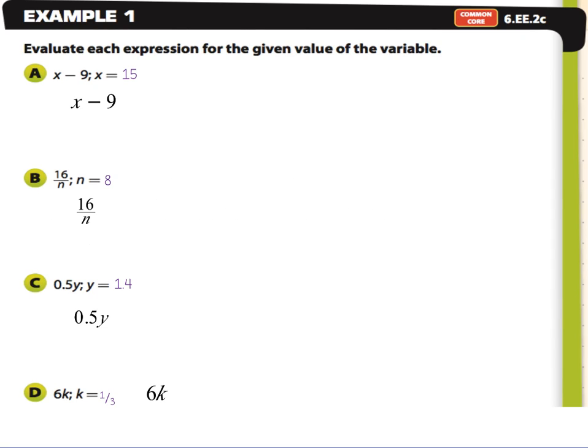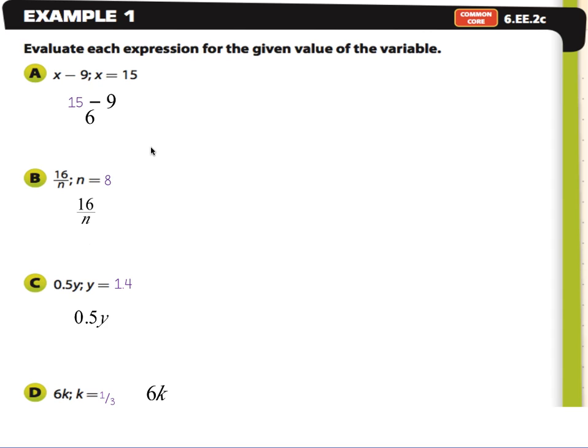So for example 1, we're just going to look at one-step expressions. And when we are evaluating expressions, we do what we call substituting. So we are replacing the variable. So you see here we have the expression x minus 9 and x is equal to 15. So we're given what the variable is equal to. So what we're going to do is substitute 15 for that x wherever we see x. So now the expression becomes 15 minus 9 and we can solve and we get 6